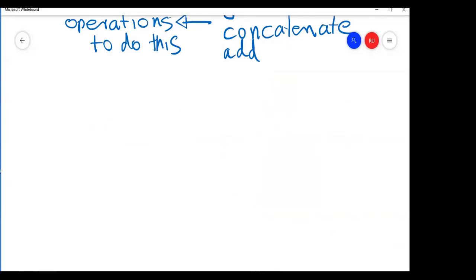So now we have the input: input a name, and then the output.